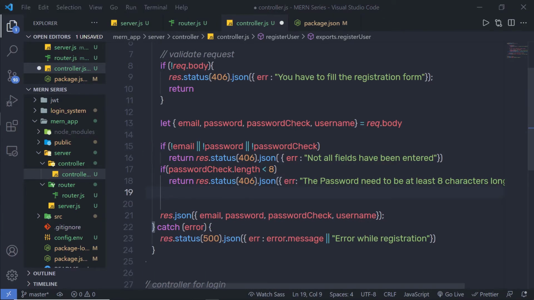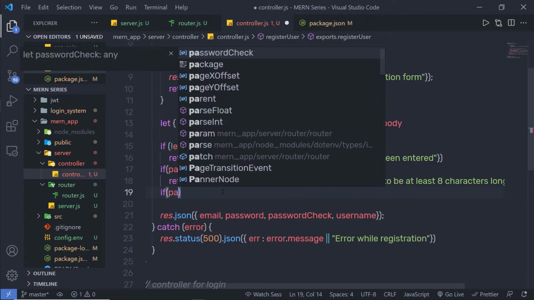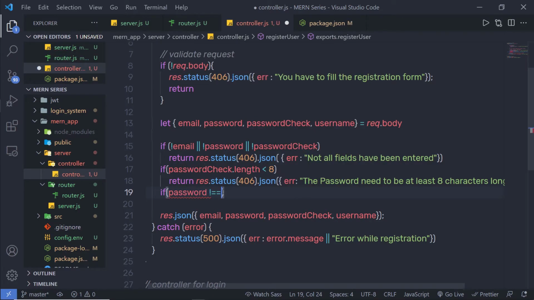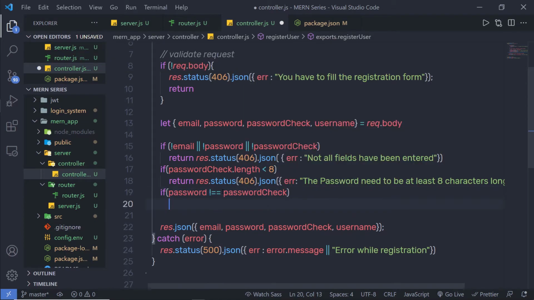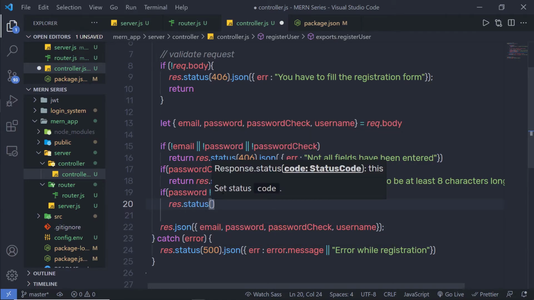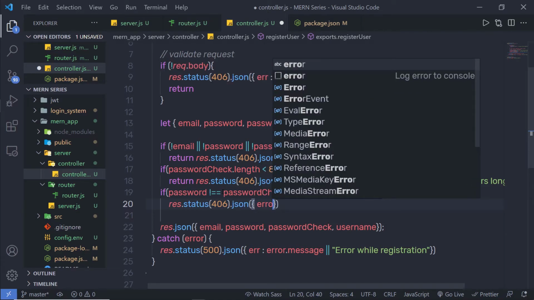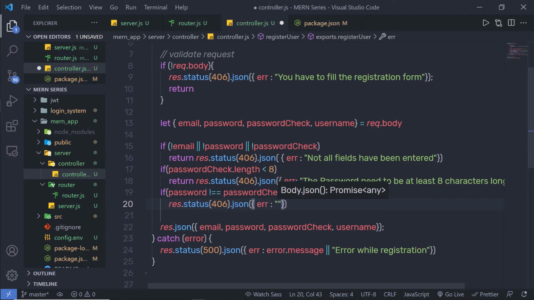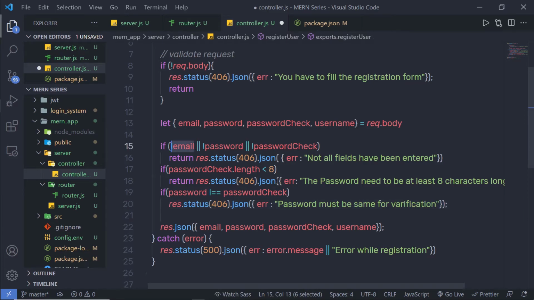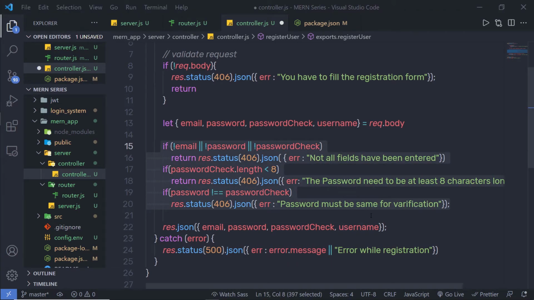Now let me just check this password and this check password values. So here I'm going to say if password, if it is not equal to password check, then I'm going to execute this if statement and say here response.status. Status is going to be 406, and then I'm going to return a JSON data with it, and in the object I'm going to specify error, which is going to be password must be same for verification. Now if you want, you can validate the email as well using a regular expression. That's up to you. So just for understanding, I'm going to put these 3 if statements, and now let me just